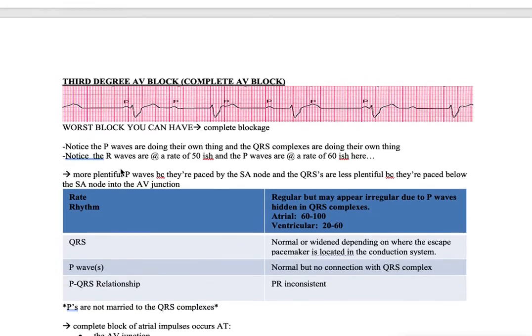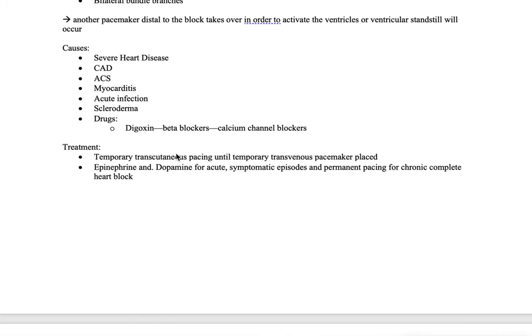So the treatment for a third degree AV block, we need some sort of temporary pacing, right, until we can get a permanent pacemaker placed. So, commonly, you can use a transcutaneous pacer before the implementation of the permanent pacemaker. It just depends. We can also give epinephrine. We can give dopamine, right? And this would be for acute symptomatic episodes. Patients complaining of chest pain or, oh, I just got this funny feeling